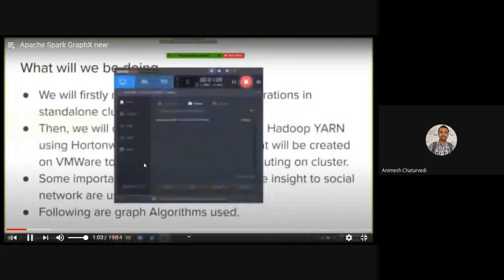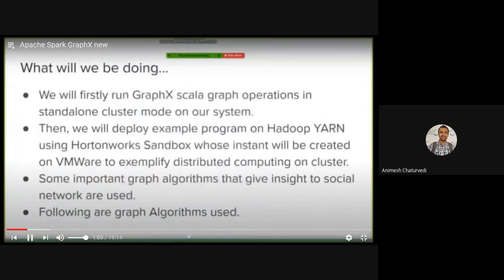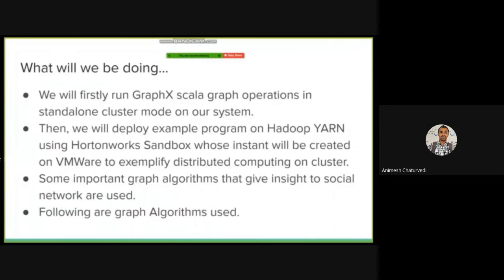So what we will actually be doing is, we will firstly run GraphX Scala graph operations in standalone cluster mode on our system. Then we will deploy an example program on Hadoop Yarn using Hortonworks Sandbox, whose instance would be created on VMware. Some important graph algorithms that give insight into social networks are used and will be discussed further. Next slide.